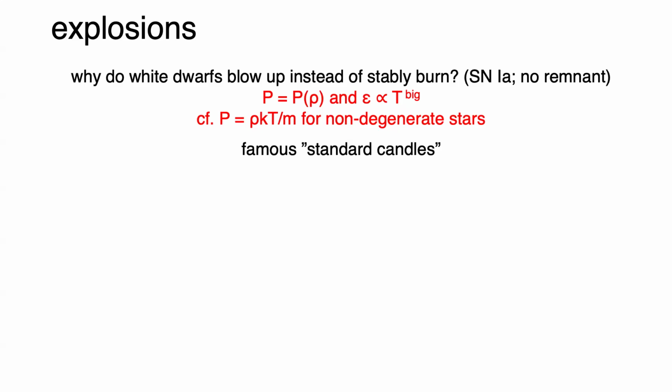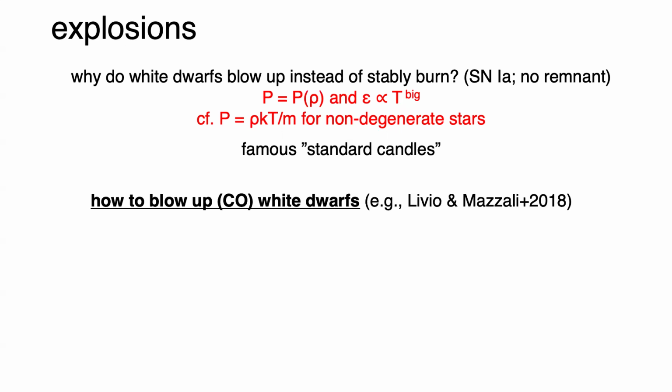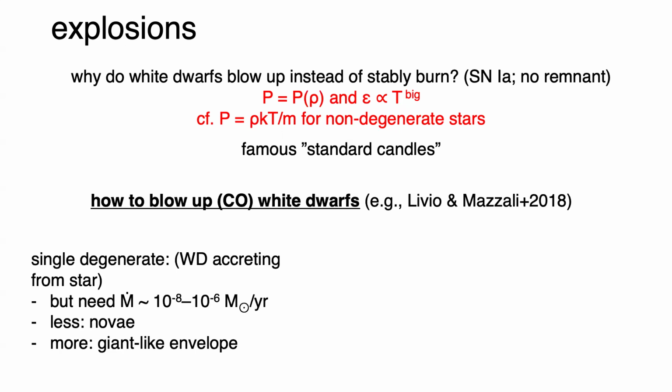These events are blowing up white dwarfs. That's called a type Ia supernova, and these are famous standard candles, right? Because it's claimed that they have very similar brightness to each other, although there's trouble in paradise because there's a big diversity of these things. How do you blow up white dwarfs? This is